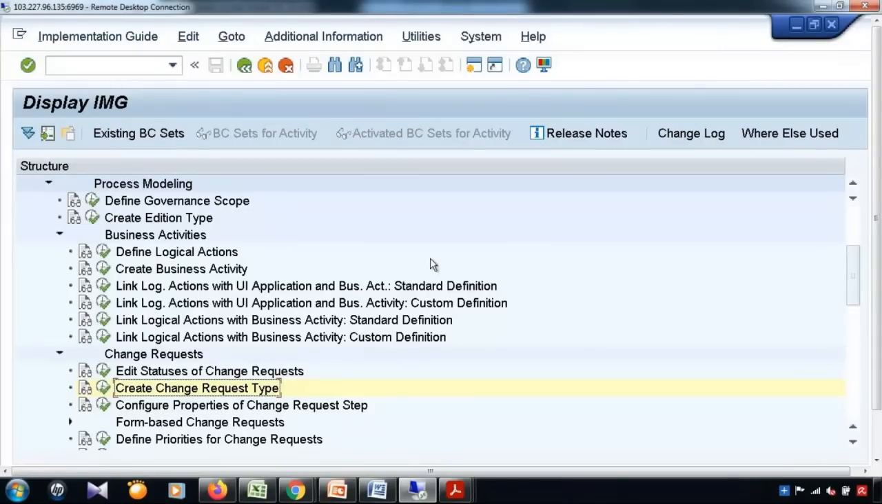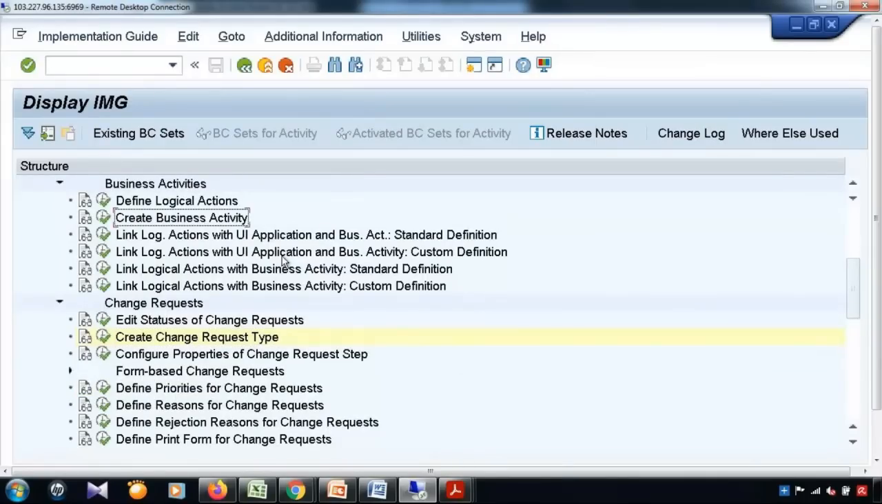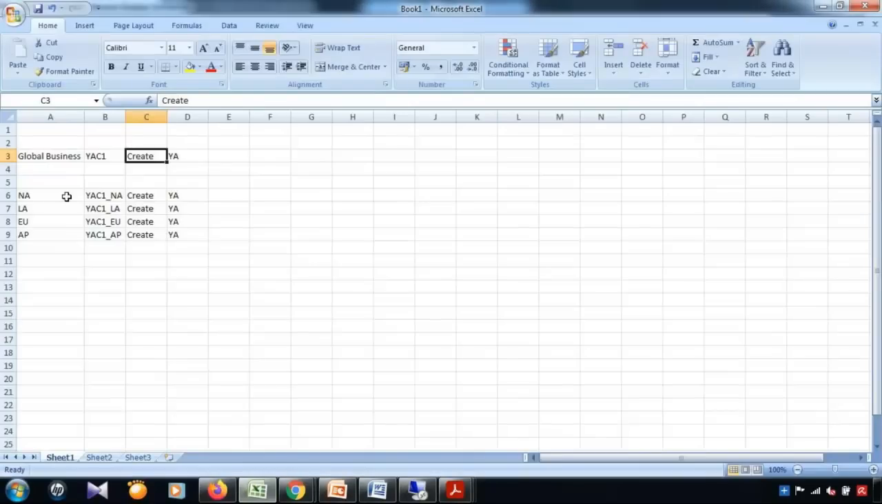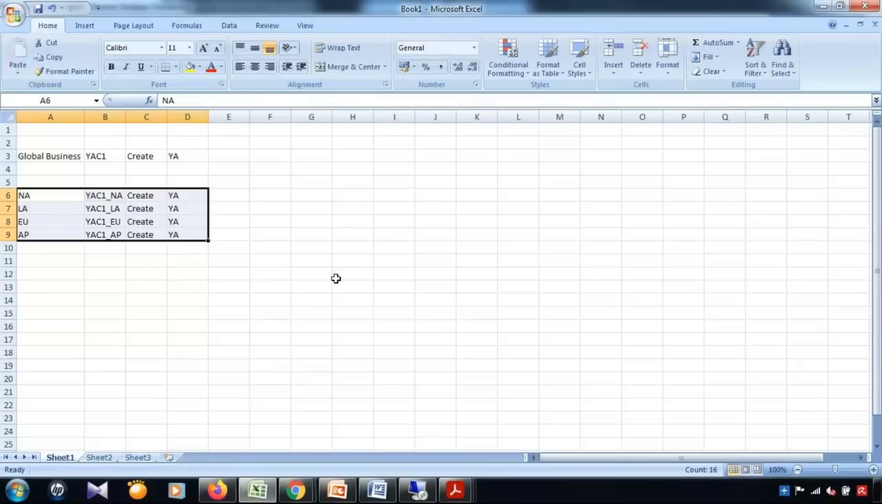Then how do I project this process model? Basically, even though we need not touch the business activity, all we need to do is, let's say, change request type. Let's take this example: I have a different region, and based on the different region, I want to create a different change request type. Then,